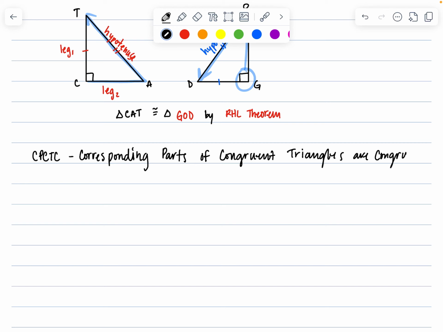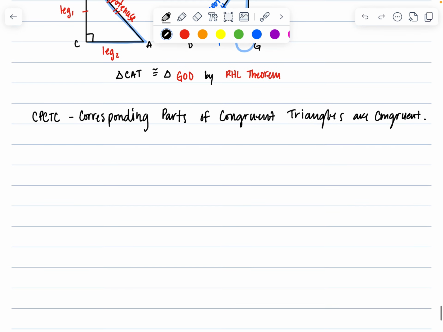are congruent. Now, this is a lot to say, and I'm going to make you write this out every single time because most people that write CPCTC don't actually know what this stands for. So I'm going to make you write this out every single time. And the idea is, if we needed to prove, for instance, normally we've been proving triangles are congruent. Okay? For instance, if I have